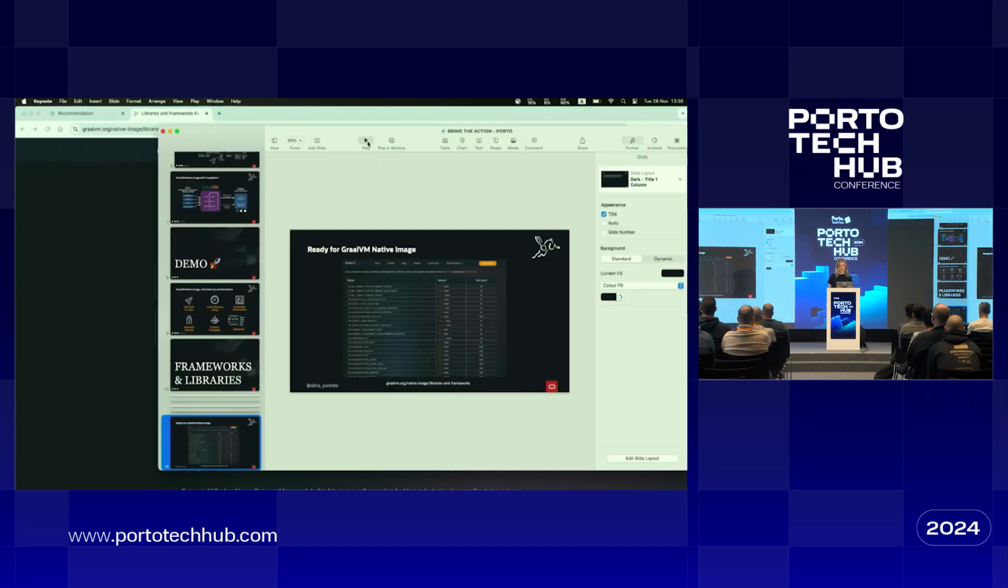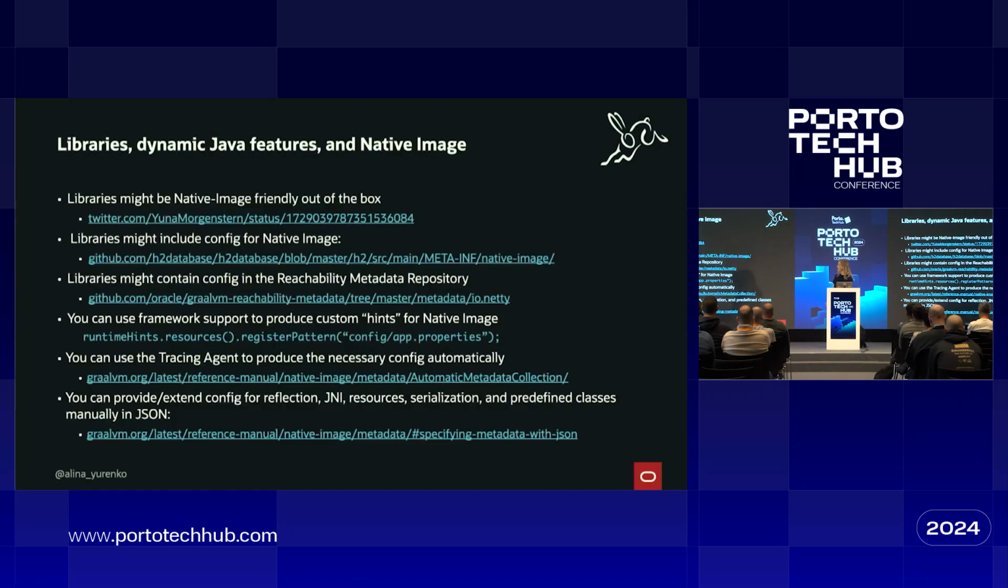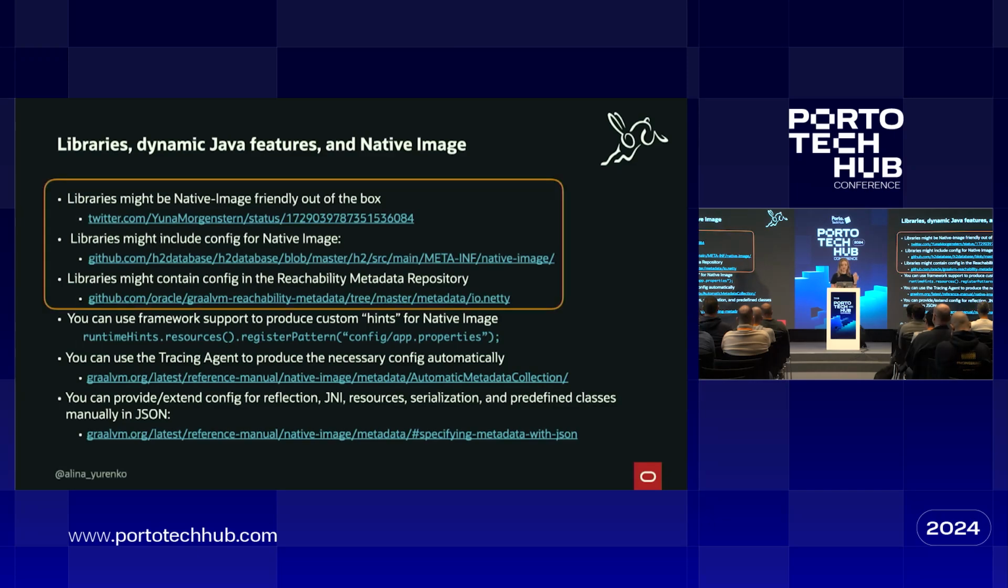But what if your library doesn't work, and how do you solve those challenges? Now, this slide might be a bit scary, but just bear with me. Each bullet point here is an individual way to solve issues with libraries. You don't need all of them. These are complete solutions going from the best case scenario to a scenario that maybe requires a bit more work from your side. So how can you use libraries in native image if they are using those dynamic features such as reflection? The best case scenario is if your library is built in a native image-friendly way out of the box,